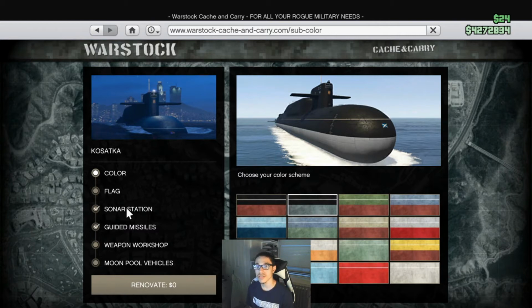Now I already have the sonar station. The sonar station is for finding other submarines and other stuff underwater. For instance, you get the sonar, and it's gonna go for the sub that you have, the big one, and it's gonna go for the tiny one that I have too. Now you could use the tiny submarine to basically drive underwater,